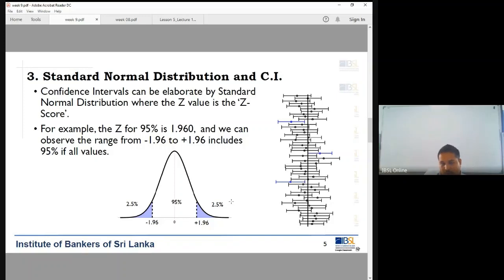It's easy. All you have to do is assume the same. Okay, this should be 90%. That means we have to take out 10% from the 100%. That means 5% from the right hand side tail and 5% from the left hand side tail. So from 0 to